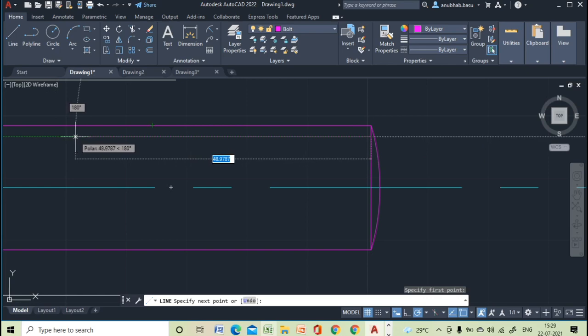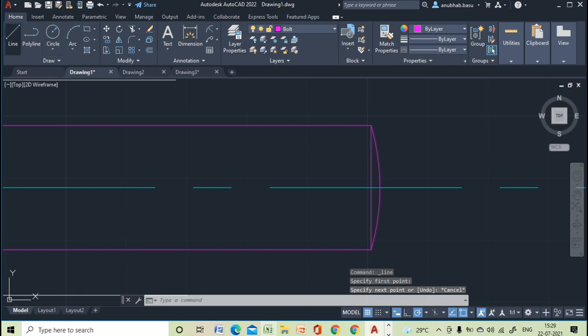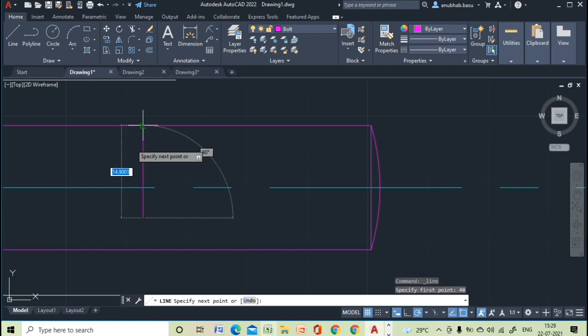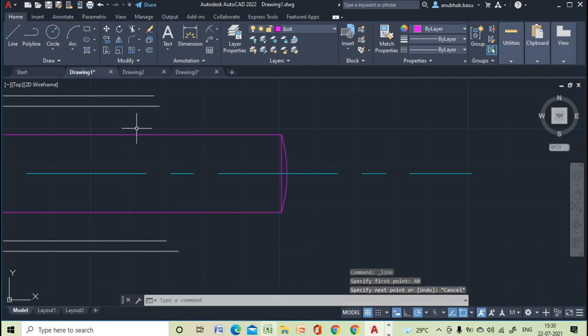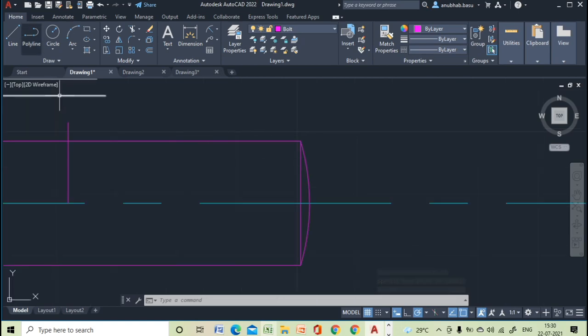Now from this point it will be 40 more. Okay, so up to this portion you can draw the external threads. This will be the length of the external threads.